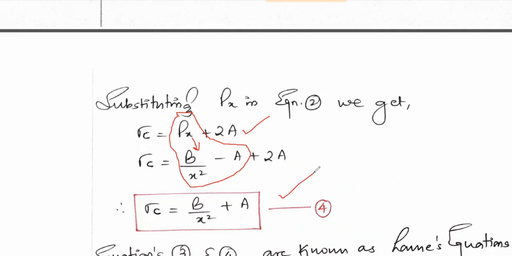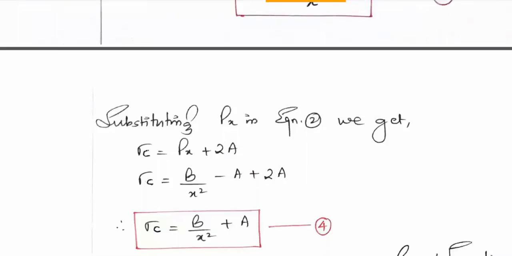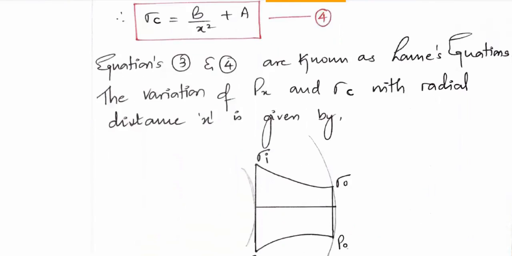So this is the expression for circumferential stress in case of a thick cylinder. Now you have equation 3 and equation 4. Both these equations I call Lame's equations. Very important. These equations were developed by a person called Lame. So Lame's equations are the equations for circumferential stress and the radial stress which are generated in case